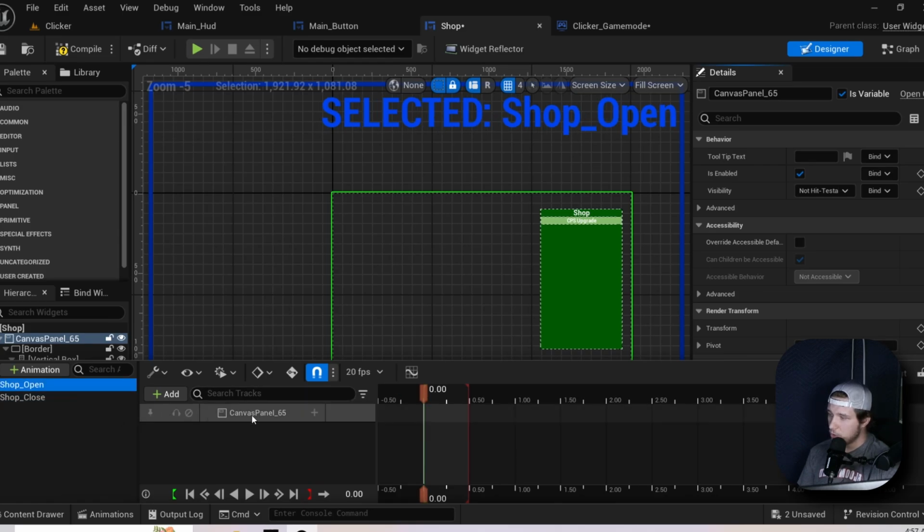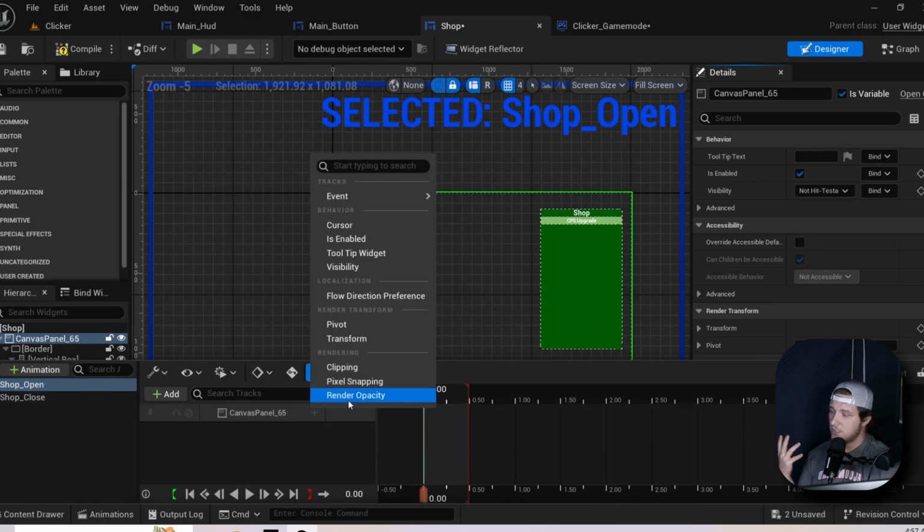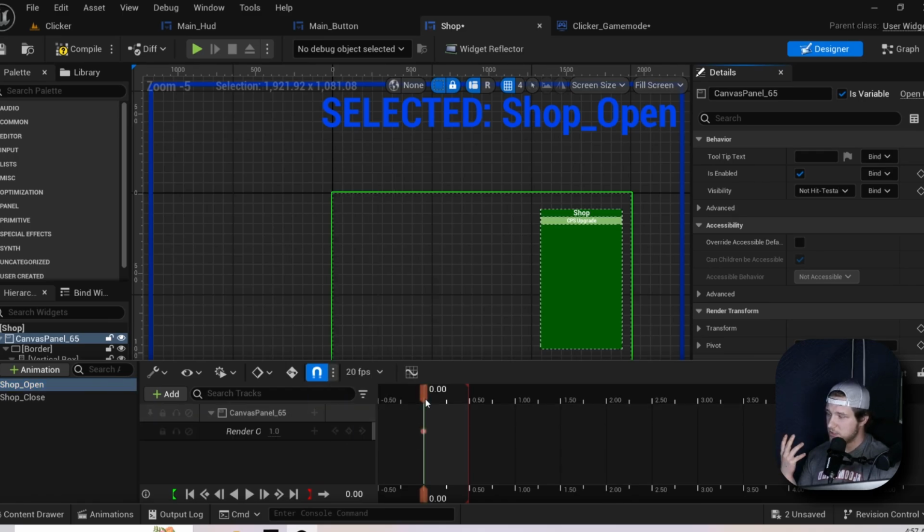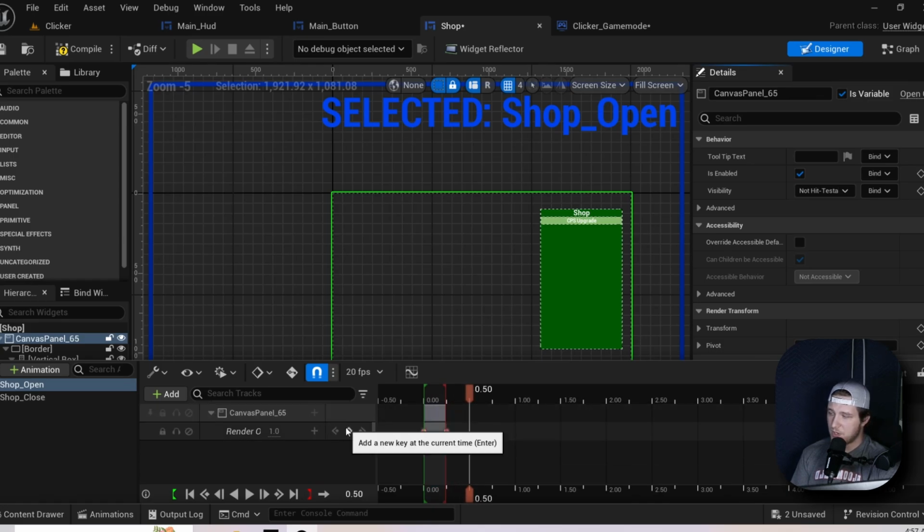We're going to do the shop open here. And then we're going to do the same thing. This has the canvas panel in it already. We're going to do the render opacity, and we're going to start from 0 in making it visible. So we got the keyframe at 0. We're going to throw down a keyframe at 0.25. Then we're going to put down a keyframe at 0.50. So we have this being at 100% opacity at the very end,